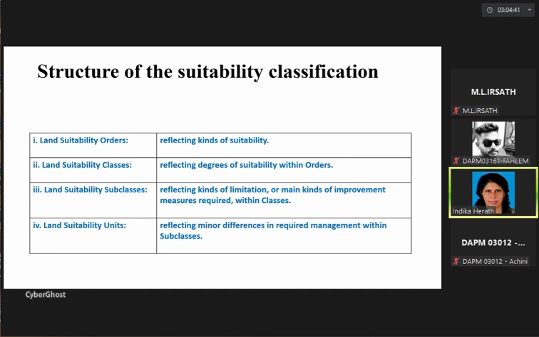Subclasses and units. So those are the hierarchy that we are going to consider, right? Orders generally reflect the kinds of suitability, and land suitability classes reflect the degree of suitability within the order,